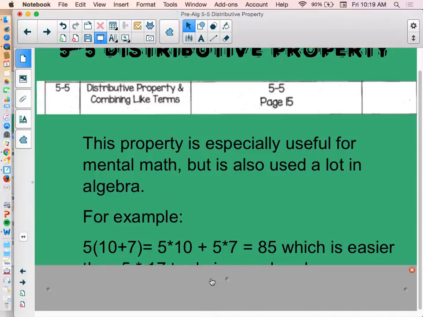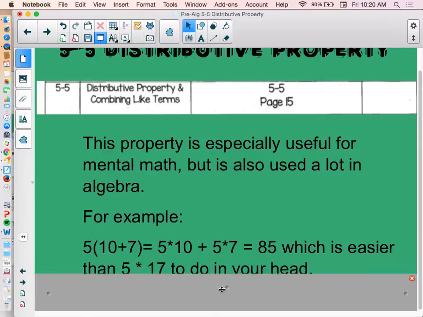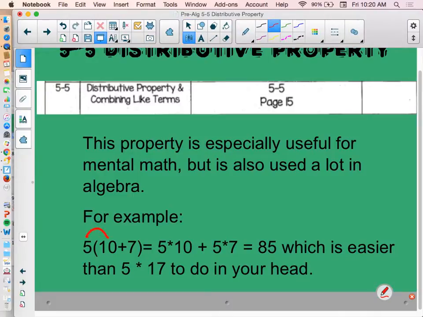For example, if I need to do 5 times the quantity 10 plus 7, I could just do 5 times 17, but that's really hard to do in your head. So instead, if you use the distributive property, if you remember, the distributive property says that I distribute the 5 to being multiplied by 10 and then being multiplied by 7. And I add those two results. So again, remember the arrows we talked about before at the beginning of the year. 5 times 10 is really easy to do in your head, 50,